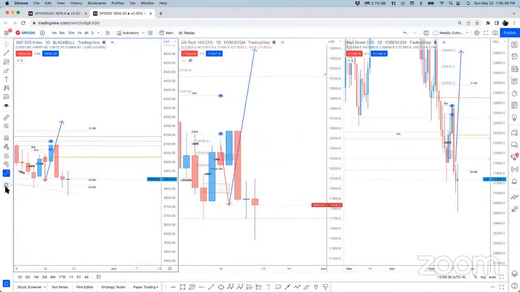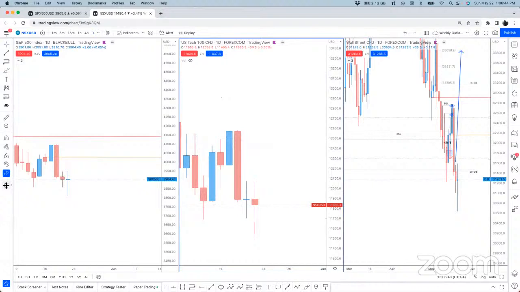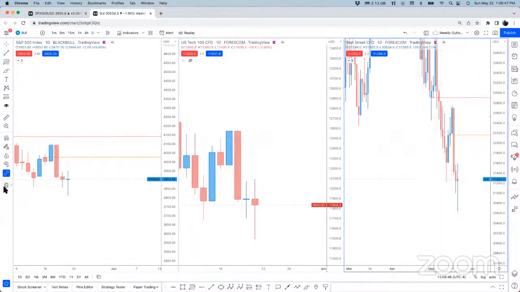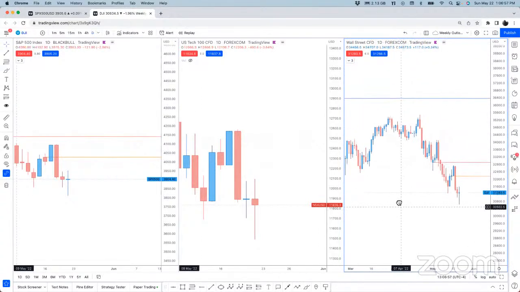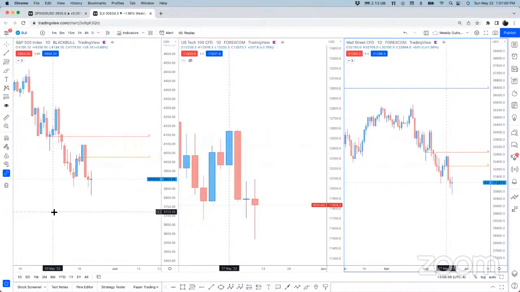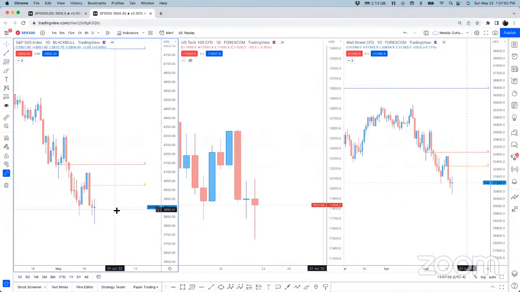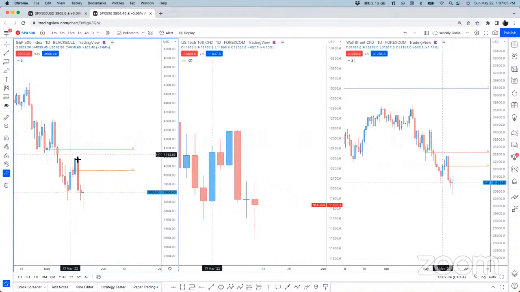I'm going to get rid of these drawings because we need to do this with everything. Let's start from scratch. So I'm just going to go over last week real quick. We had this push up to this particular area on each one of them